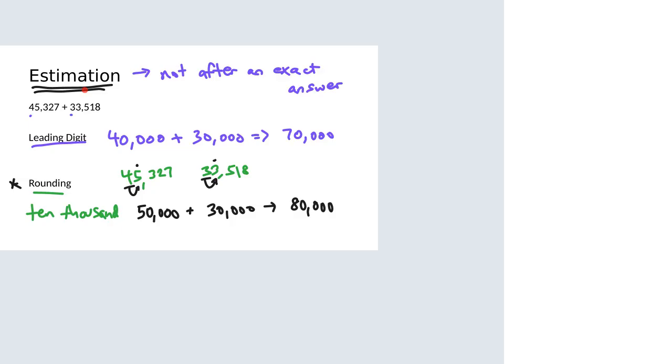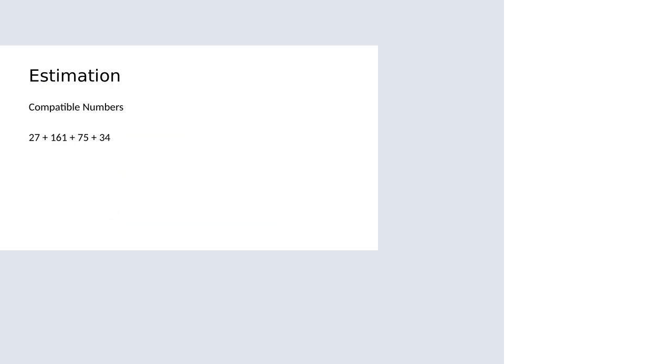Okay, one more type of estimation to look at, and it's compatible numbers. This is a little bit like the compensation approach for adding numbers where, if I make this one a little bigger and I make that one a little smaller, it's going to work out. There's something like that here where we have a strategy going in. And the idea of compatible numbers is you look for things that go well together. That's what makes them compatible. And what I mean by that is when I look at this number, and you may not see it exactly the same as me, but well, this 27 and that 75,